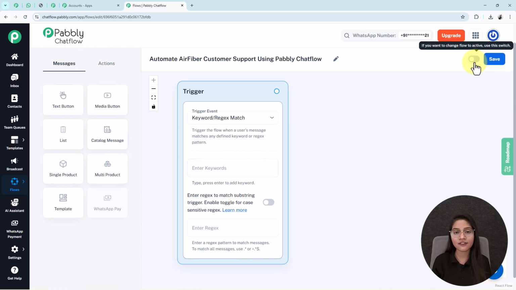options. The one is active inactive toggle. With the help of this toggle, your flow will be active. If you don't enable this toggle, then your flow becomes inactive and it will not work. And another one is the save button. With the help of this button, your flow will be saved and updated. Now let's